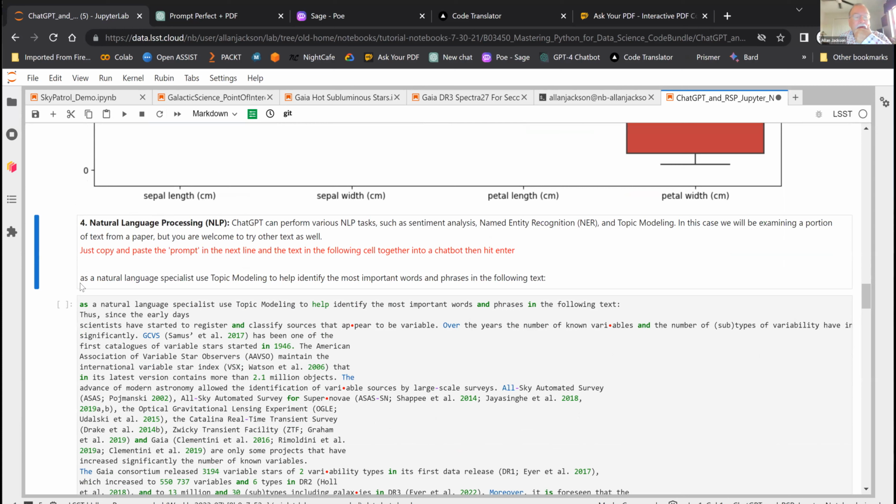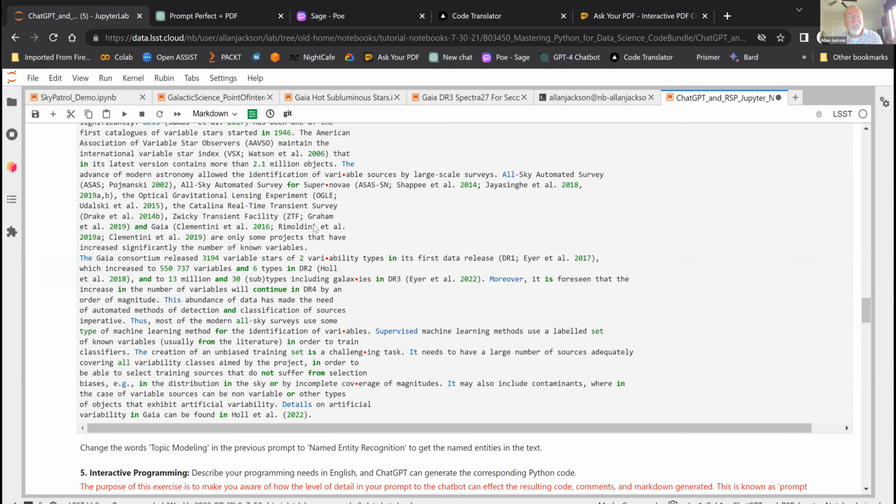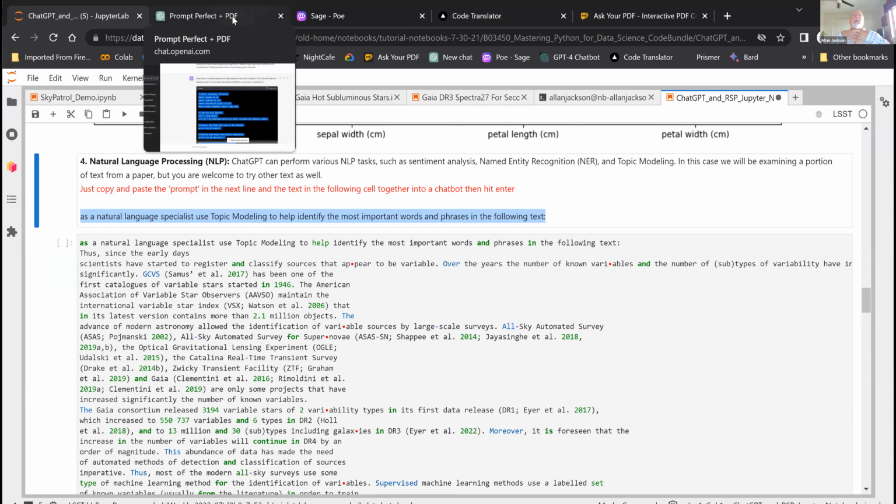Task number 4 is basically that we're going to cut and paste the prompt in the next line and the text in the following cell, which is a large piece, to get the chatbot to identify topic modeling, which means it'll go through and grab specifically what the context of the text is about.